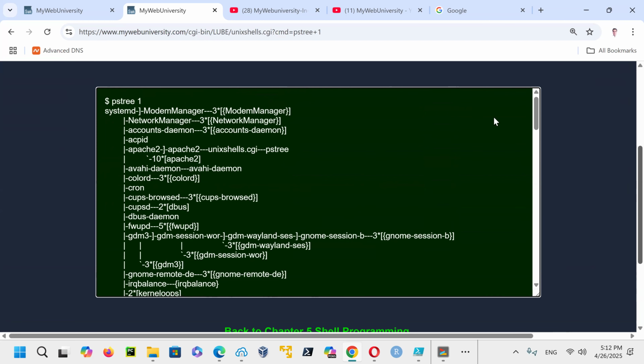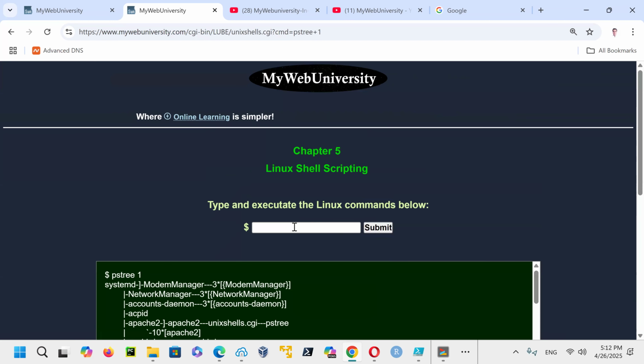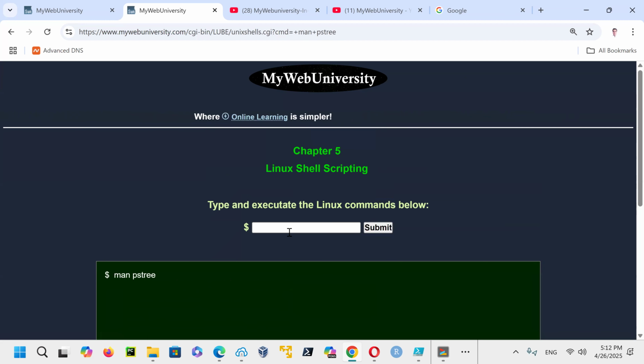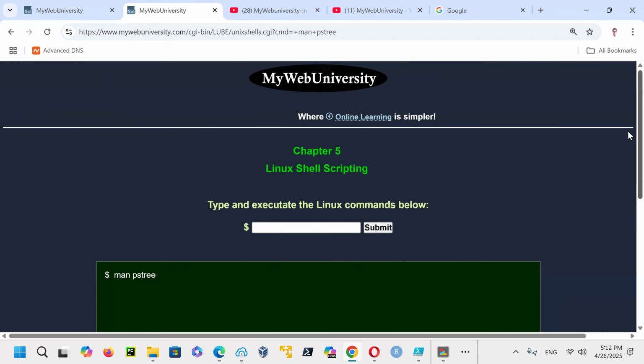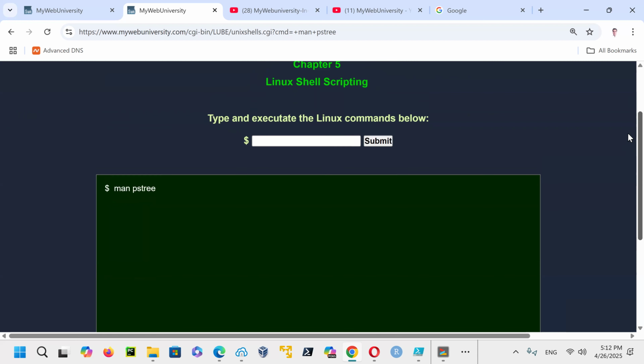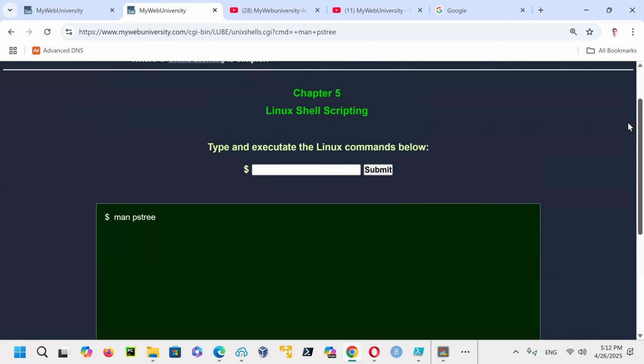So if you come in here and say, give me a manual page on PS3, then I didn't program it here, but later on I'm going to show you that I could add the command on another one, and I'll show you the interface that you could do this.